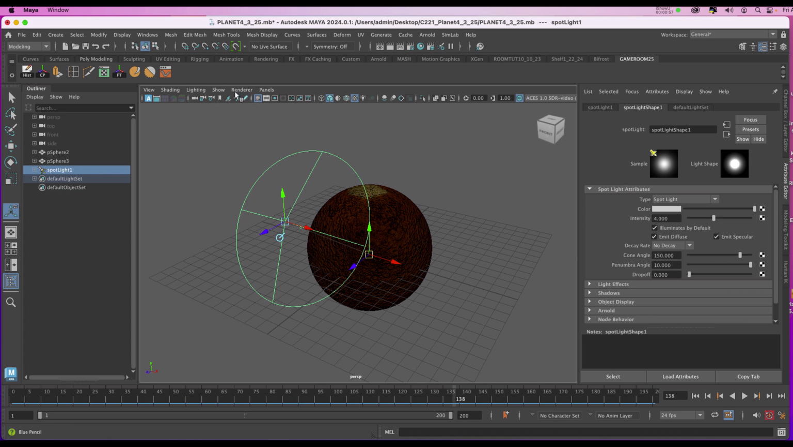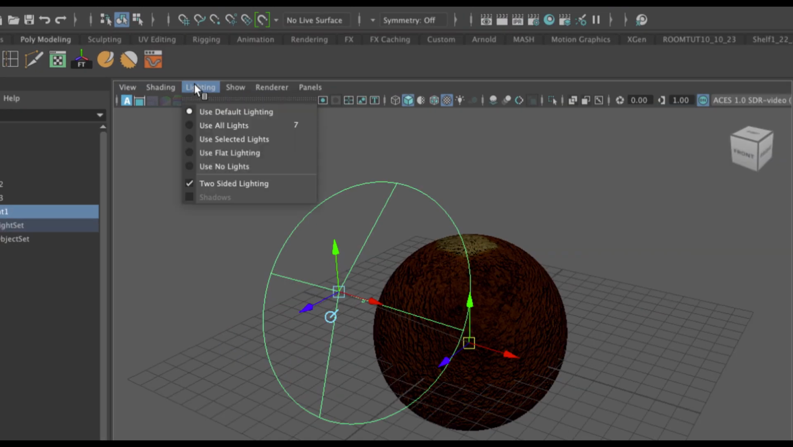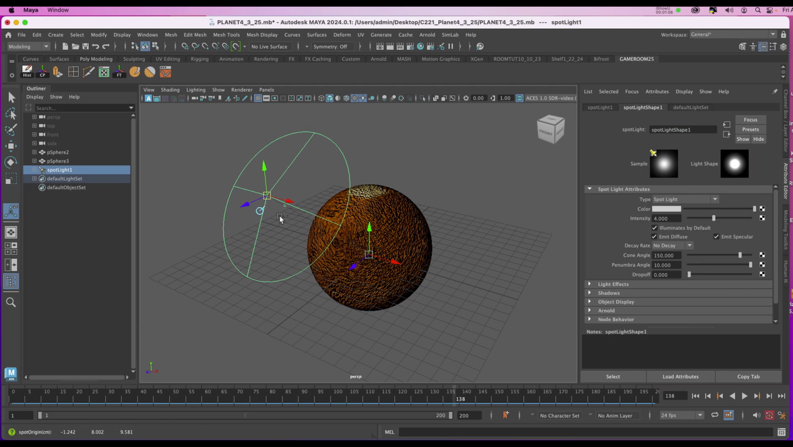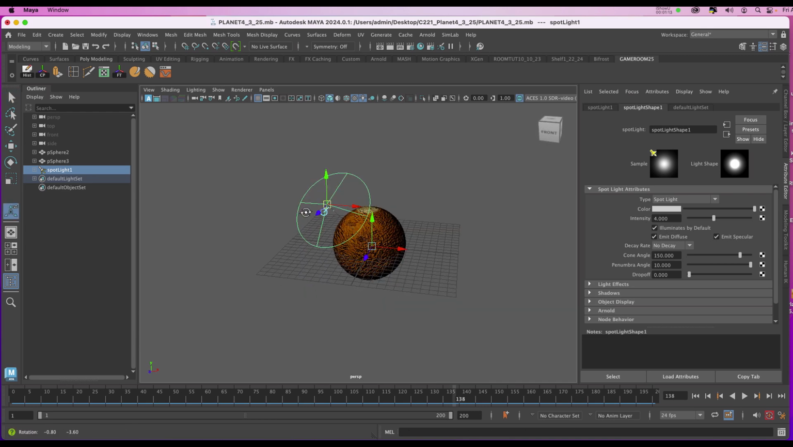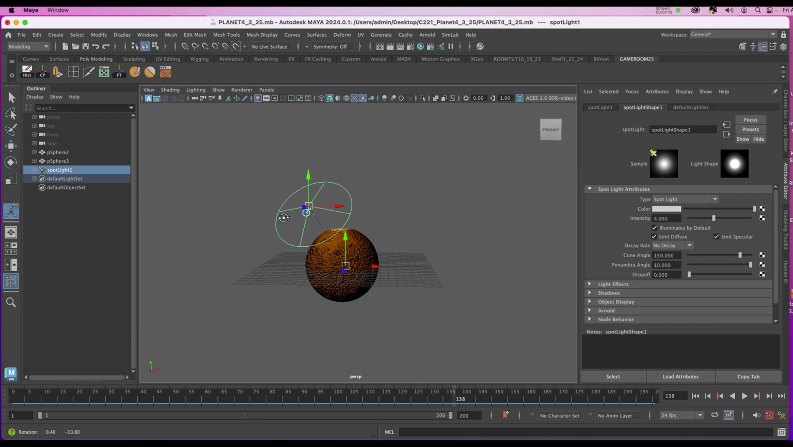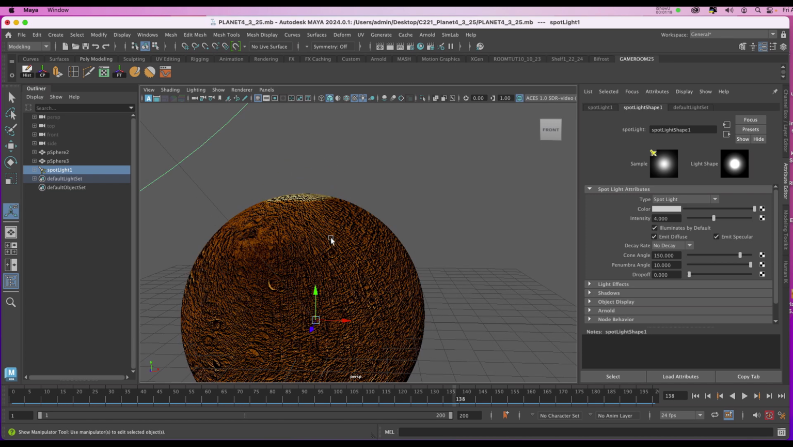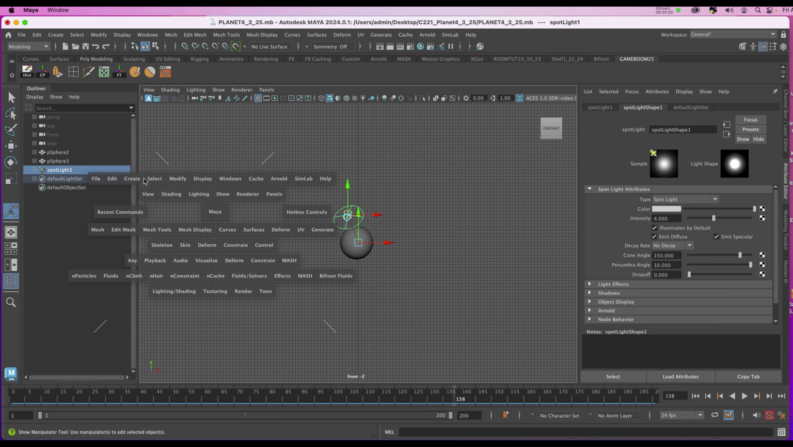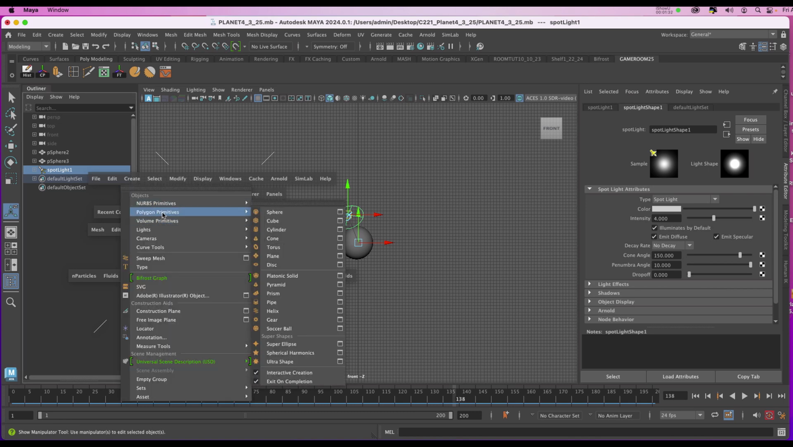Now if I was to go to lighting and choose use all lights, you can see the planet is pretty well lit. So I'll adjust the light at the angle I want and I'll save it. Next we're going to put in a flat green plane for the background so we can key that out in After Effects. Going to the orthographic view, I'll hold my space bar, I'll go to Create, Polygon, Primitives, Plane, and